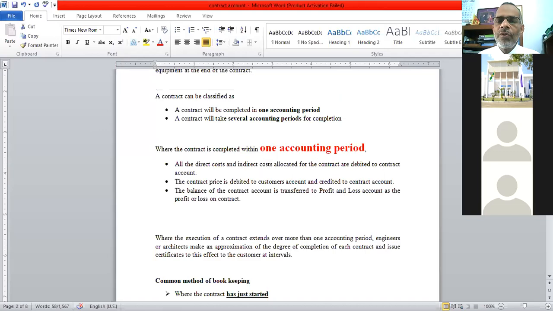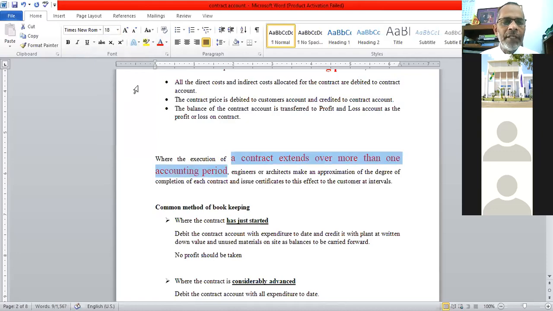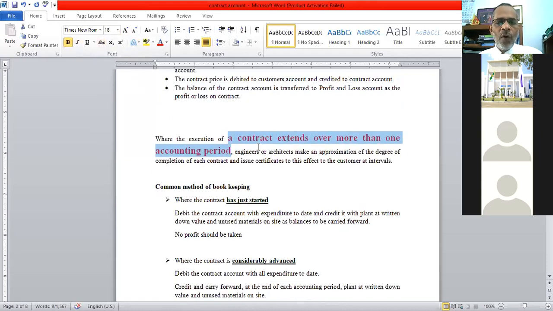Now we will move to the second para. Second para, what is that? Look at here. Where the contract exceeds more than one accounting period, that also I am going to highlight. Already we have finished that para for the less than 1 year contract. Now look at where there is a contract more than one accounting period. We cannot find out whether profit or loss within one stipulated time. Very difficult. Therefore, they are saying where the execution of the contract extends over more than 1 year accounting period,